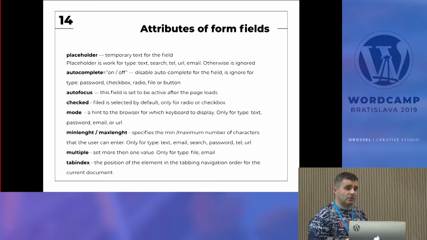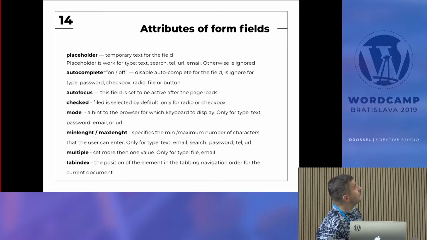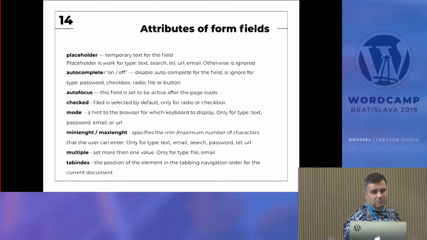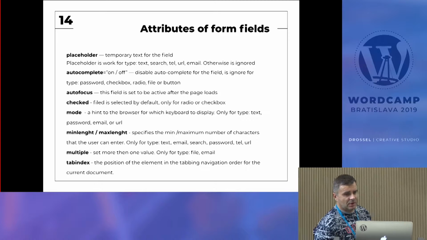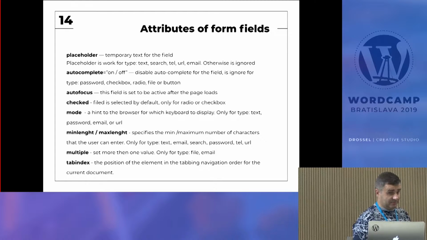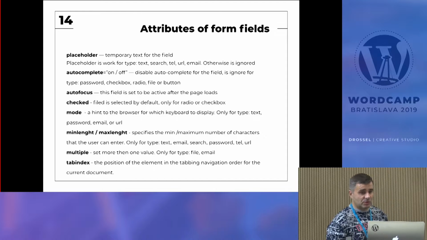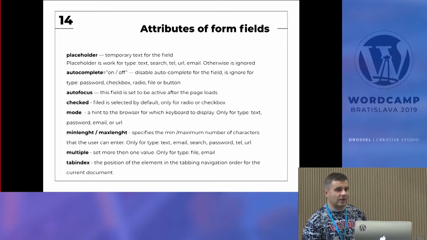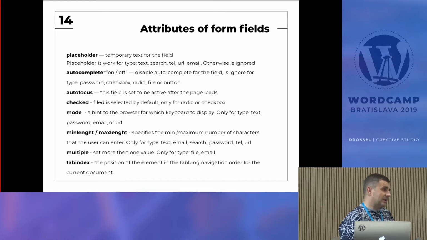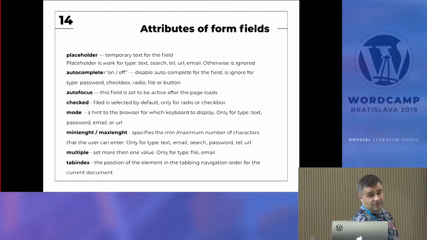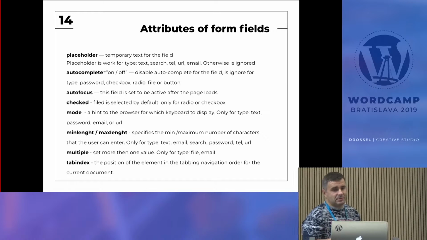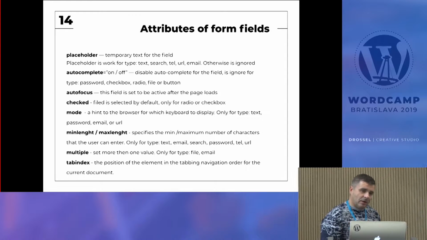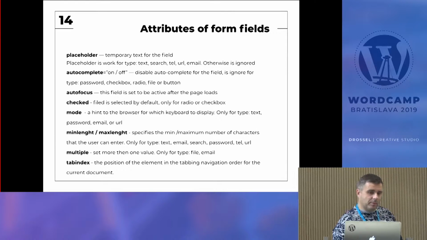And in a very short way, the placeholder, I think, is the most known attribute. It's a temporary text for the field. But this attribute works only for text, search, phone, URL, and email. Otherwise, this attribute is ignored. So we can put this in our code, but it's not working. It's very similar with autocomplete